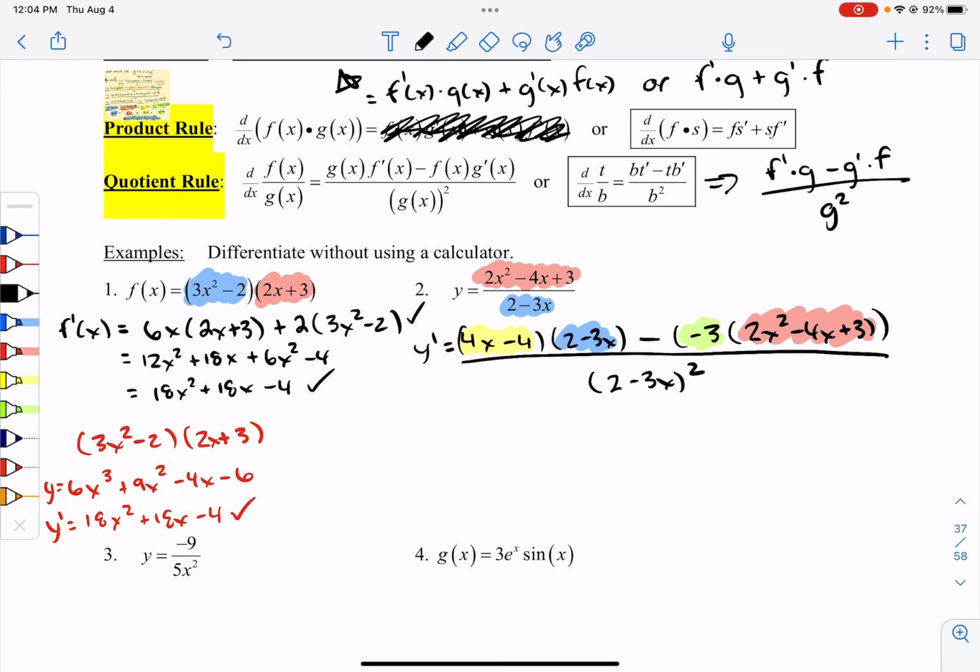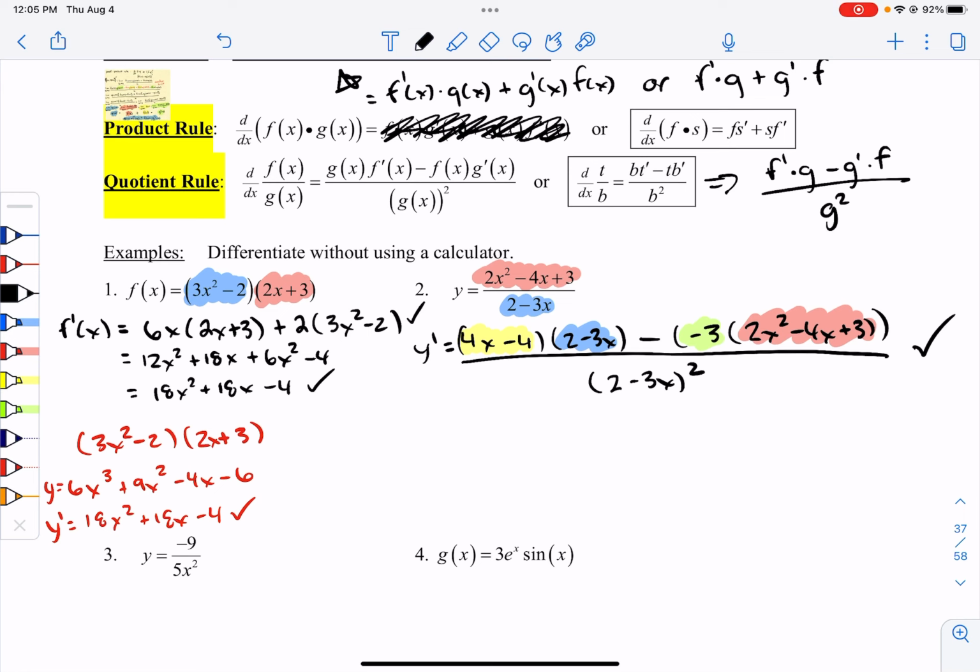And I promise you, if this was the AP test, this would be a free response question, and you're going to stop right there. The multiple choice part of the test is where you have to worry about simplifying things to make it match the answers. They are not going to make you simplify this because look at all the places you would have to FOIL the first two, then you'd have to distribute the negative into the second one, then you would have to distribute the negative into that entire thing,